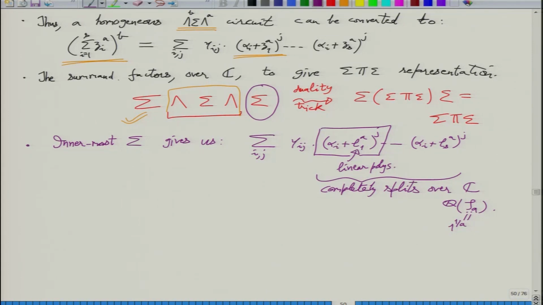Is this clear? Since negative alpha i's are eighth powers, to factorize this thing you just need all possible eighth roots of unity, and for that you just need one primitive root of unity that generates everything. So it is just this simple extension you have to go to, Q zeta A, and there you have an expression. It's a sigma pi sigma expression.